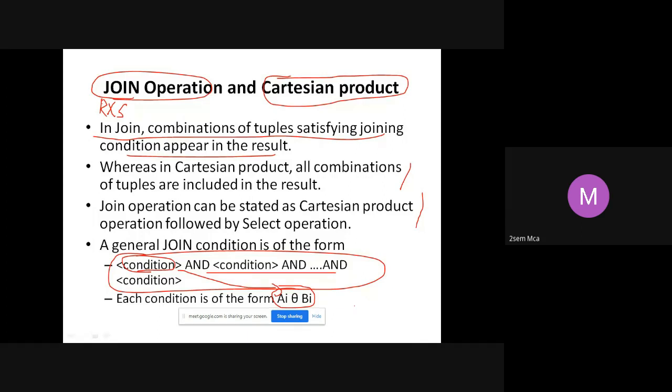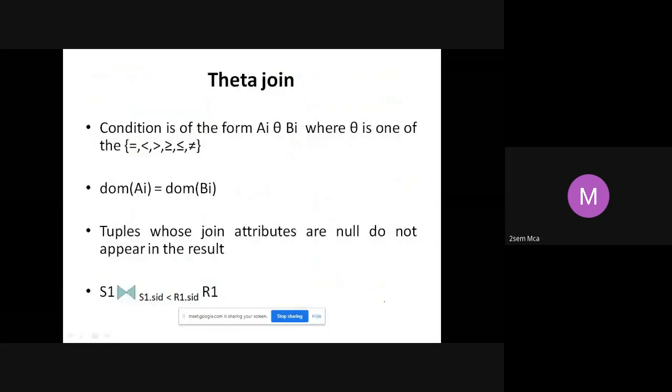Now, I told you the condition is always of the form Ai theta Bi. That is why you call it theta join. There is no operation called theta. Theta is just a generic symbol which can take any of these values: equal to, less than, greater than or equal to, less than.